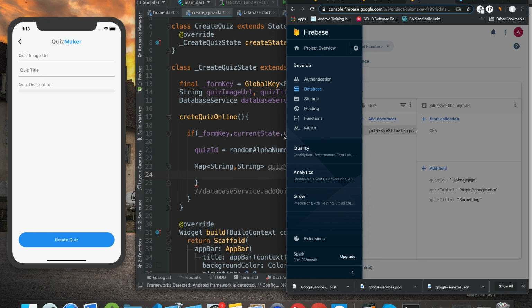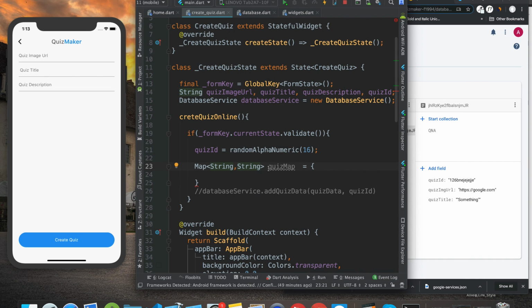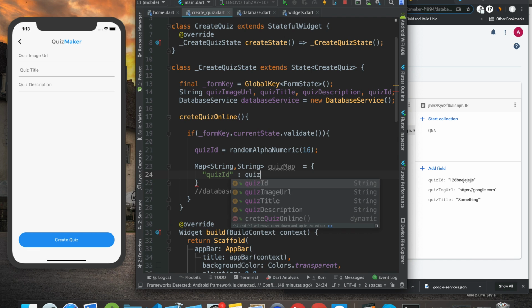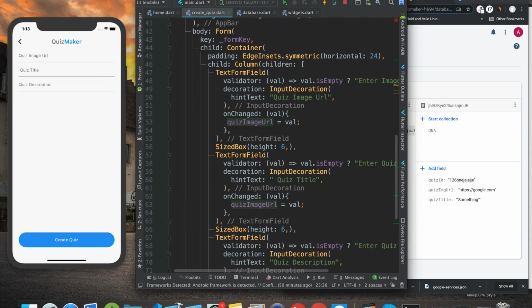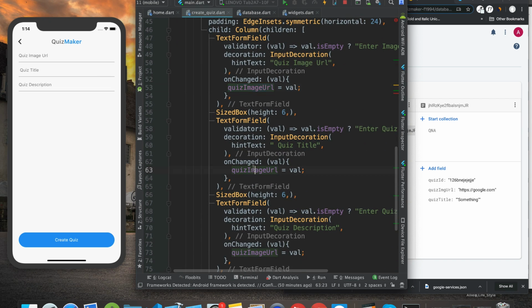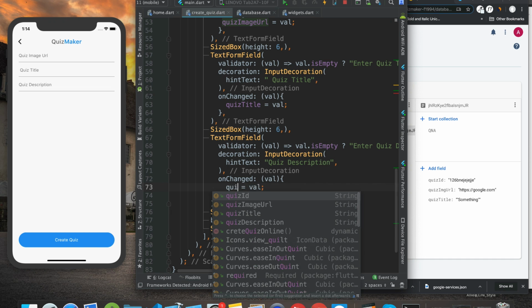Just a second. Now we can provide these key-value pairs. So the first key is going to be quiz ID, which is going to be called quiz ID, this one. Next, we have quiz image URL, and how can we get that? So we will be getting that through this one, quiz image URL, right? Let's make sure we are saving that quiz image URL. Okay, over here we have to save that to quiz title. So we will be saving the quiz title to quiz title, and we will be saving the quiz description to